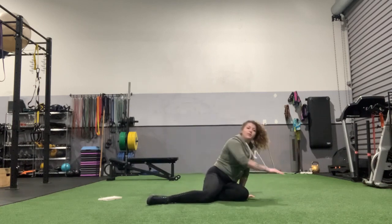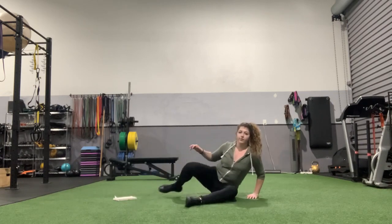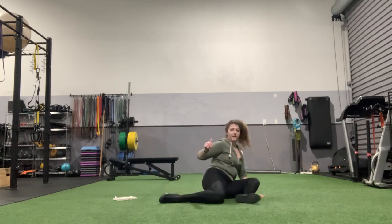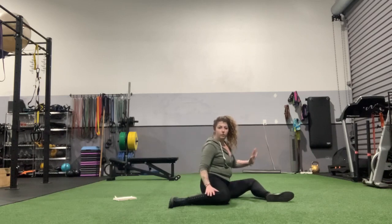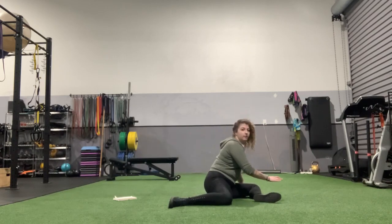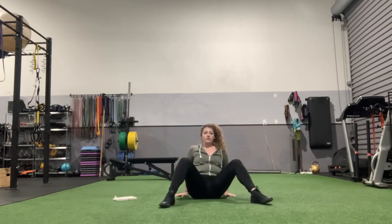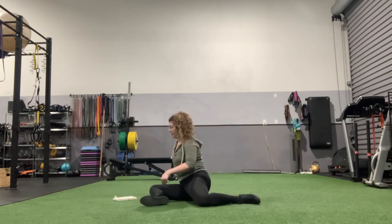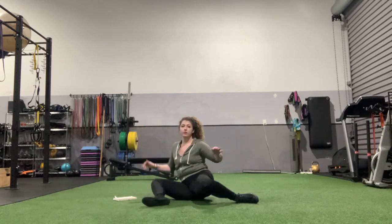All right, so now we're going to get down onto the ground and we're going to do 90-90 trade-offs. So what you're going to do, bring one leg in front, one leg kind of angled. So think of them both being like 90 degrees. So one leg here, one leg here. You're going to bring it forward towards the front leg, and then we're going to alternate, switch, bring it forward on the other leg. So switch,